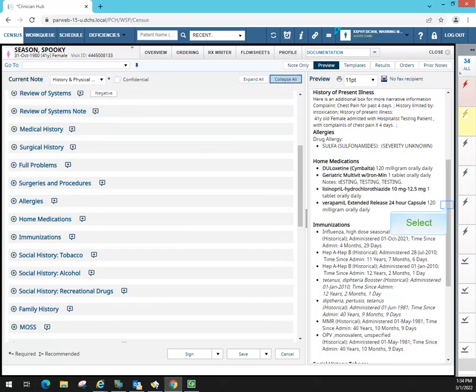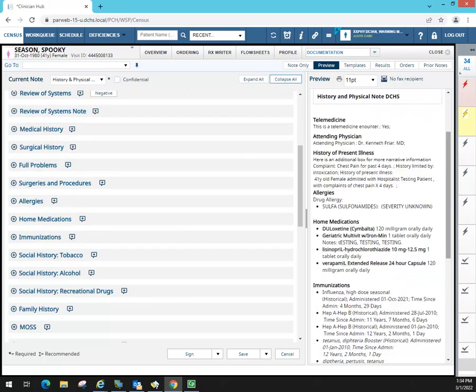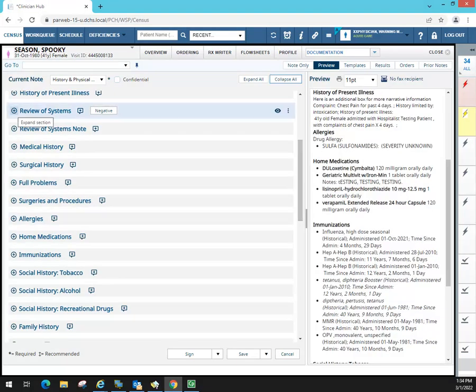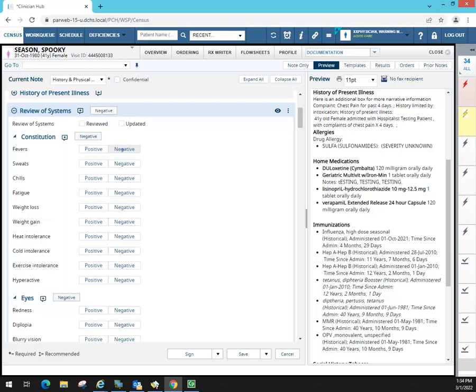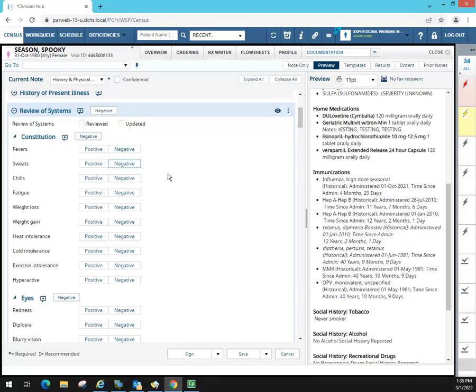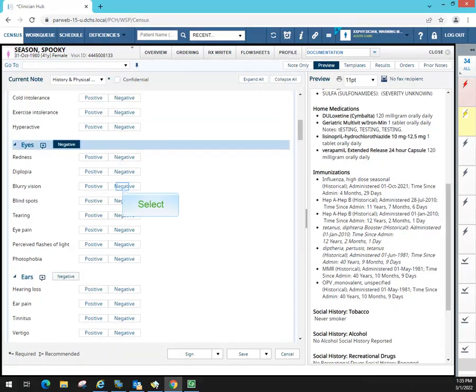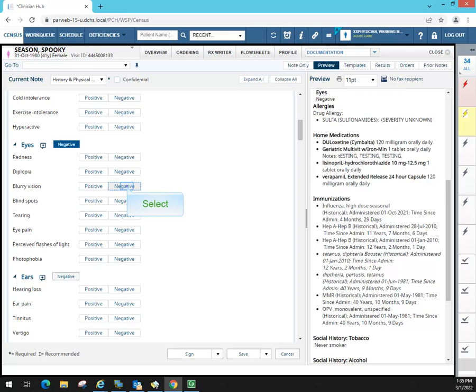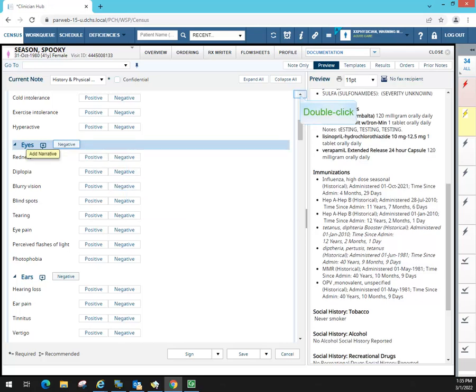See how you've got a running note here in your preview. I'm going to go to review of systems. We kept in the review of systems. That is the clicking review of systems. If you decide that you want to do that, you can click negative for the entire constitution and it'll show you negative except. Negative, but negative except sweats and fevers, which is pretty quick actually if you like doing it that way. Eyes are negative except they're having some blurred vision. So you can take a look at these, and you can always do an extra narrative box